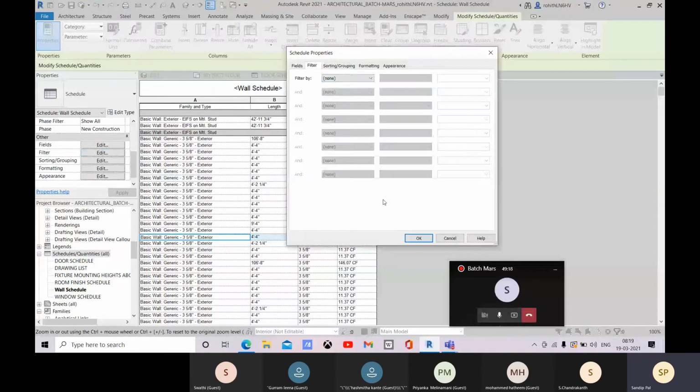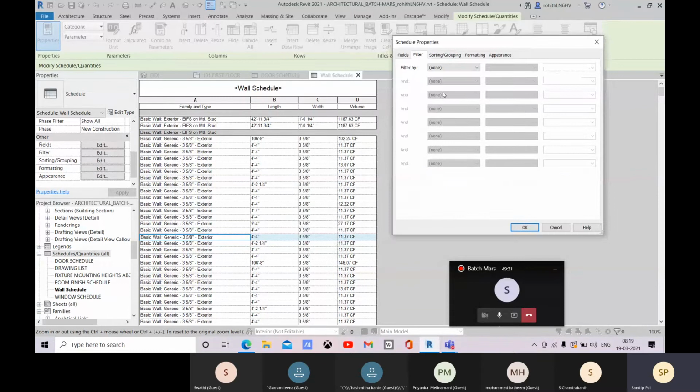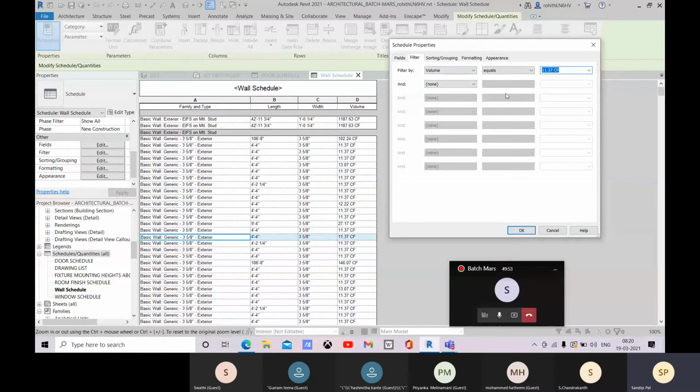Then we can go for the filter. The filter option cannot be for this family type, so there you can mention the volume. Suppose you go for volume, equals, let's go for equals, and there let me choose this one, 11.37.